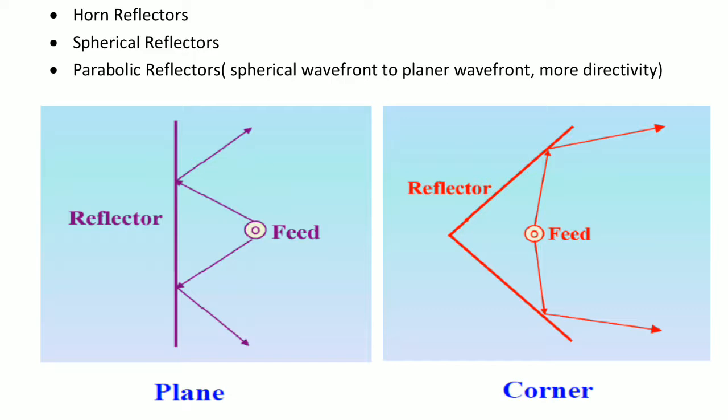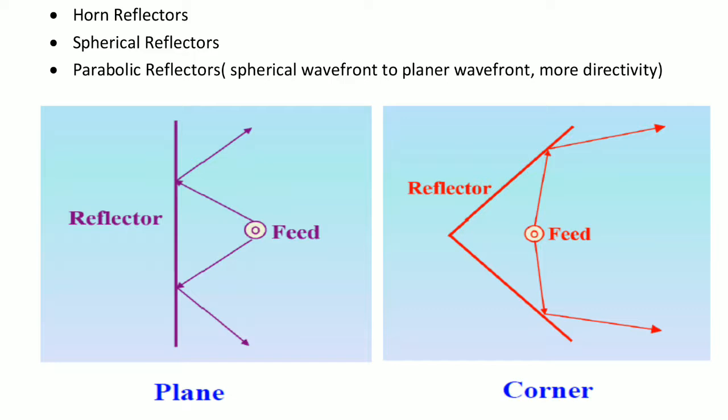There are some equations regarding the array factor. I will tell you these equations in the next video. For a small included angle, the side lengths should be longer. This is a mechanism to improve the directivity of the corner reflector: if there is a very small included angle between these two mutually intersecting reflectors, then the side lengths should be longer, and if the side lengths are shorter, then the angle should be a perfect 90 degrees to improve the directivity of this reflector. So this is all regarding the corner reflector.